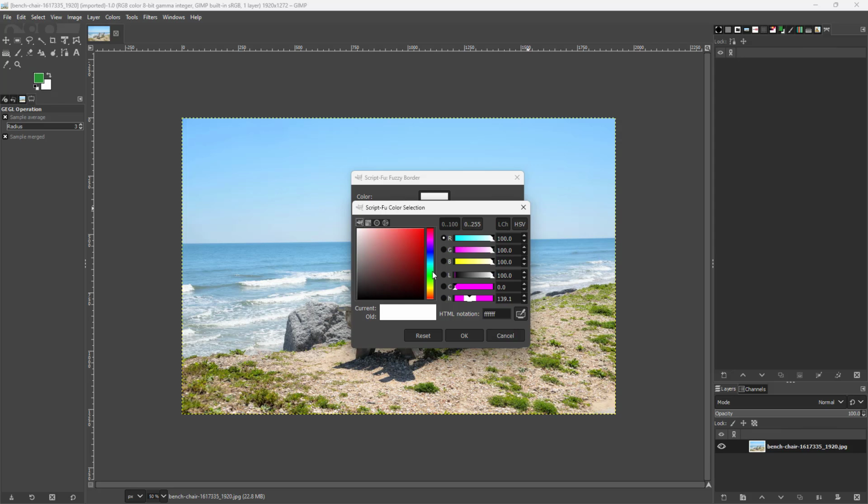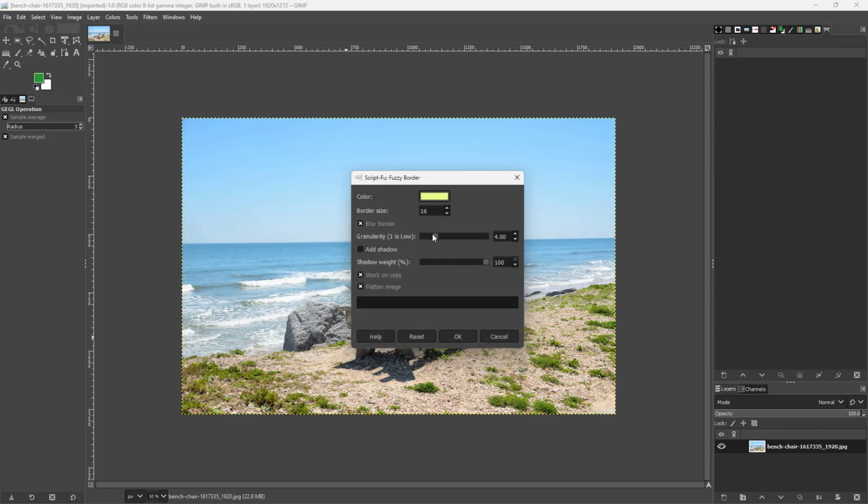Once you go there, you can choose the color of the fuzzy border right here. So let's just choose something like green, just like this, and press OK. And I'm going to change the granularity and maybe add in the shadows as well. And then over here, you can see that I'm going to work on a copy and flatten the image. So once I choose the parameters right here, I can press OK right here, just